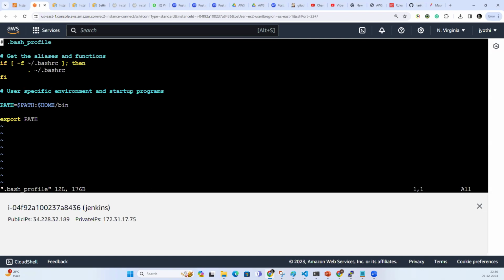Get the alias function bash alias, search city F5. Then provide the... So Java is installed, right? Java home. So where is the Java home? Let me check Java. First, we need to set up the